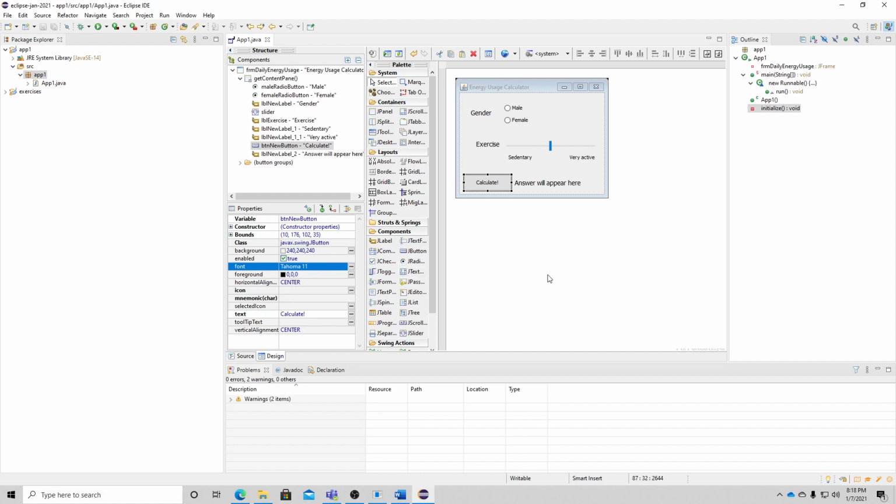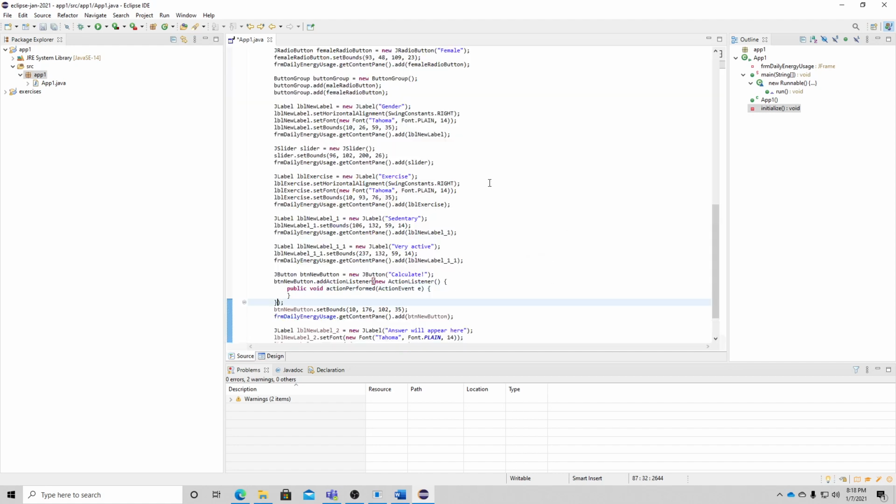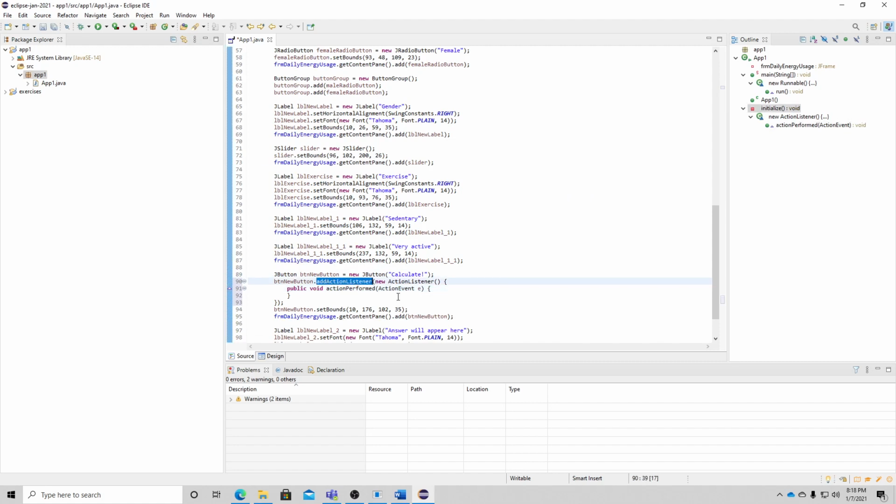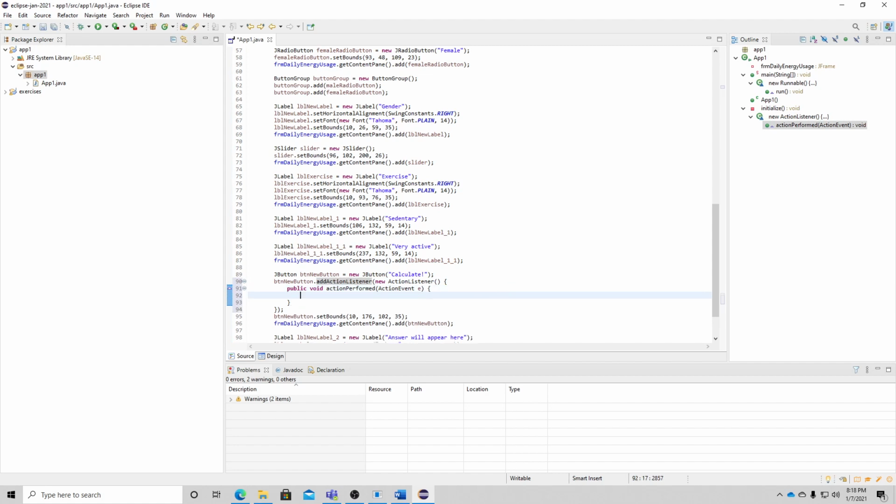So to create that action, you just double click on the button. And then inside your program code, you'll see that it's created an action listener. So add action listener. And what that does is inside the brackets, you can write some program code which will happen when you click that button. So if I do an example, I'm just going to put,